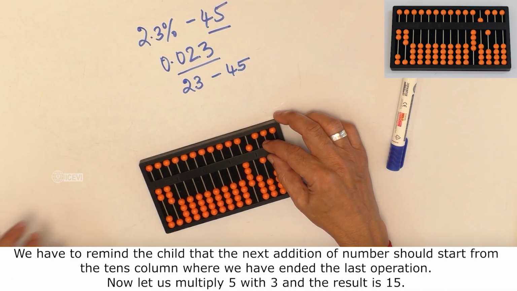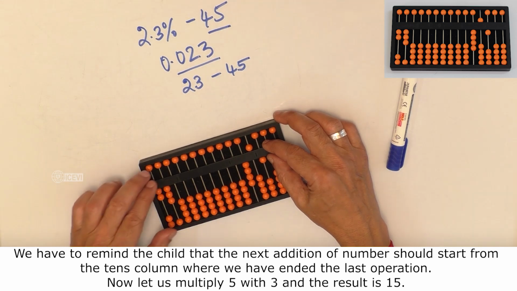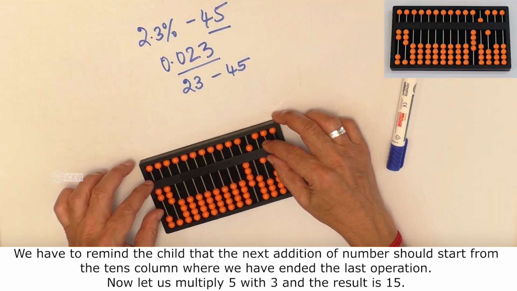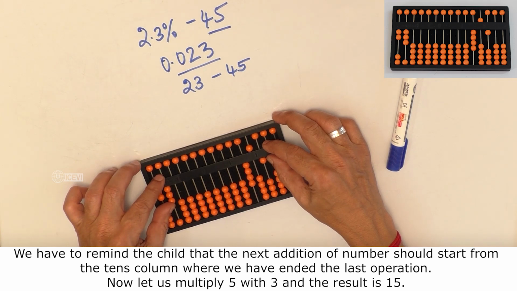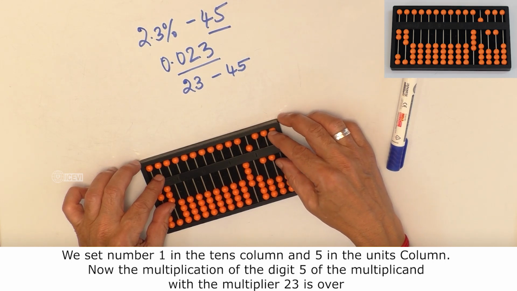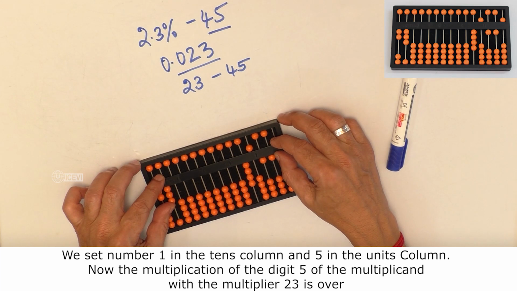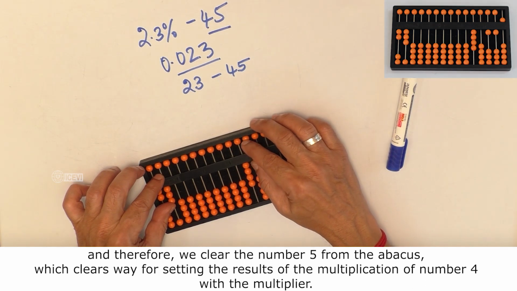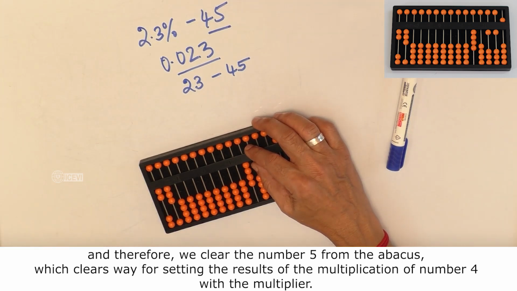We have to remind the child that the next addition of number should start from the tens column where we have ended the last operation. Now let us multiply 5 with 3 and the result is 15. We set the number 1 in the tens column and 5 in the units column. Now the multiplication of the digit 5 of the multiplicand with the multiplier 23 is over, and therefore we clear the number 5 from the abacus,